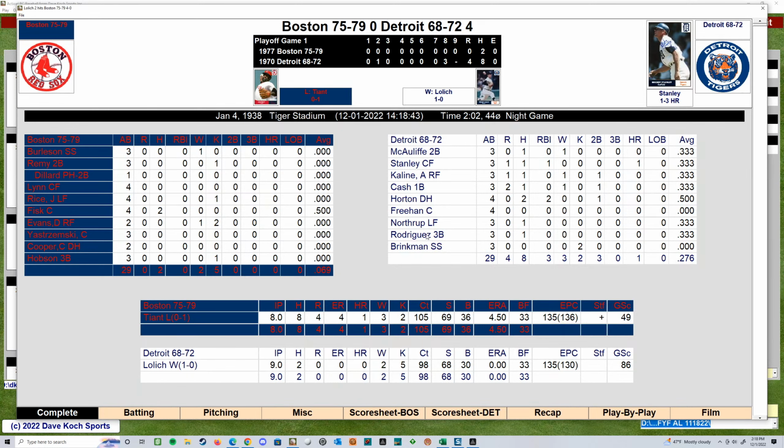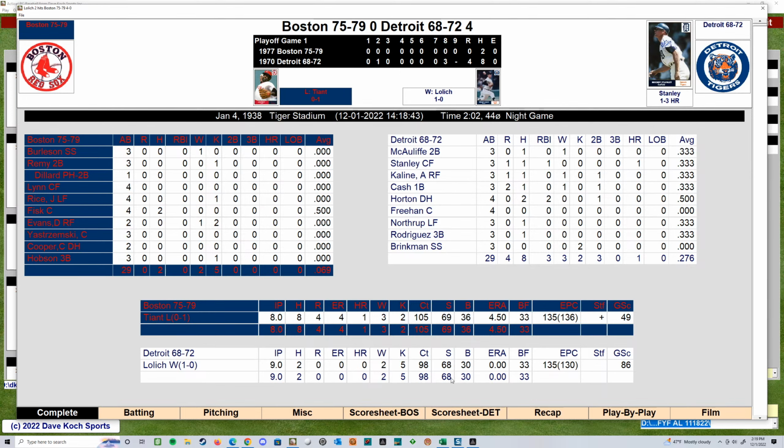Again, now that I'm running my main screen being my 27-inch, the resolution's great, so I'm not getting anything cut off. So we're seeing the pictures with the stats normally under them and all that good stuff. But it's a heck of a pitcher's game up until Tiant kind of lost his bearing there at the end.